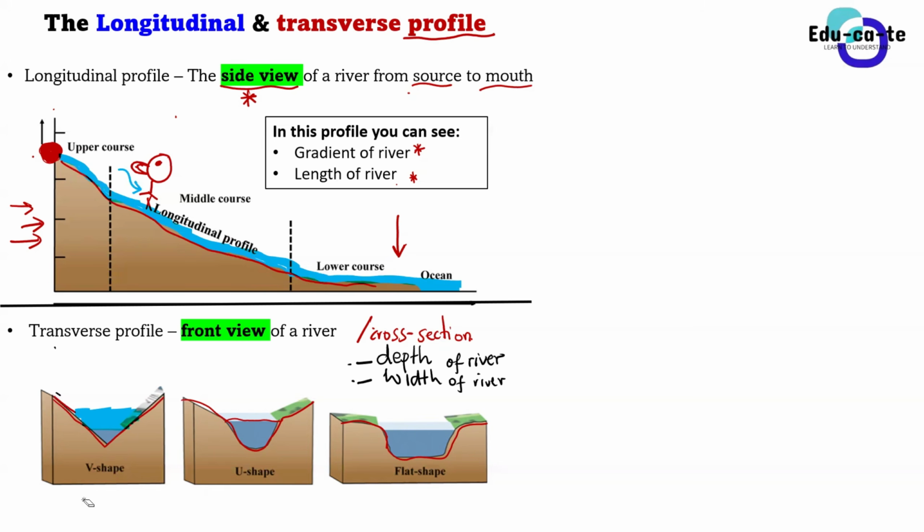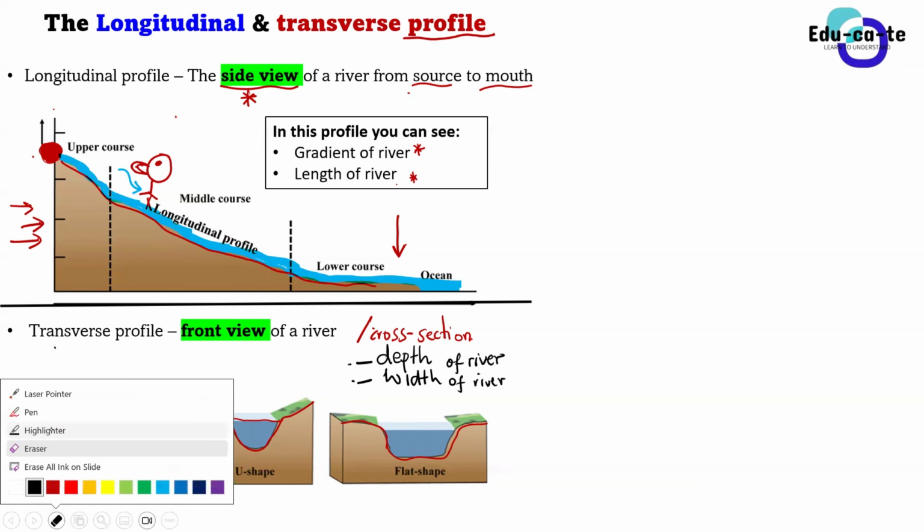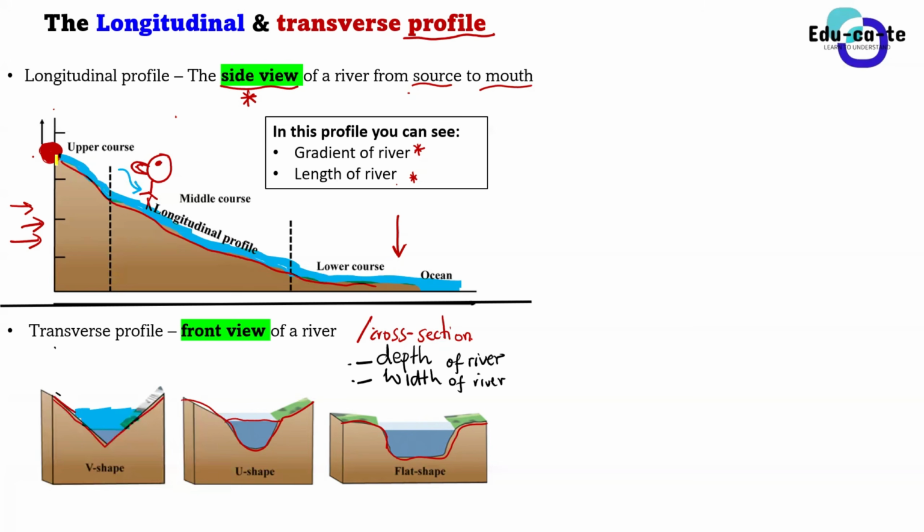So we have got an upper course. We have got a region in a river known as the upper course. This region here, from here to here, we say that the river is in its upper course. So if the water is flowing at this point that I'm highlighting right now, I don't know if you guys can see, let me just highlight with a black color. If the river is flowing in this region, we say that the river is in its upper course.